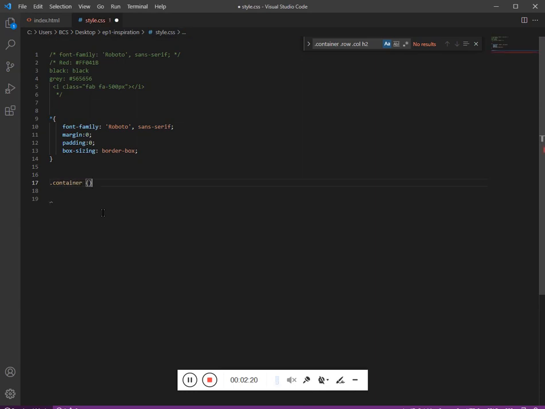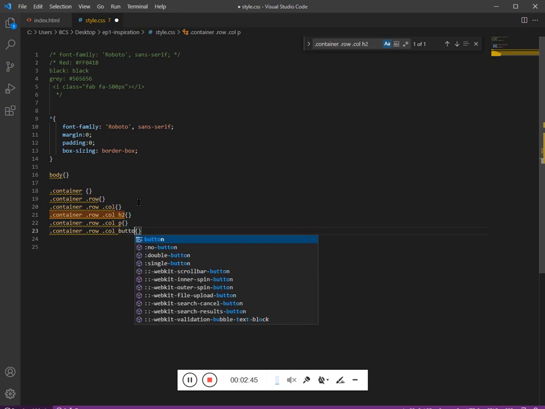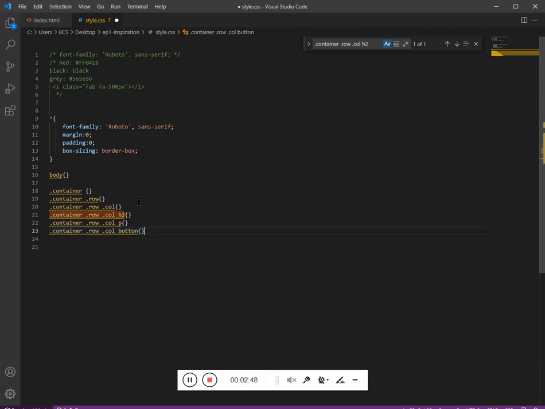Container, inside container we have a row, so let's design the body as well, and inside the row we have column, inside the column we have H2, then paragraph, and then button, and then we have image holder, and inside the image holder we have image.